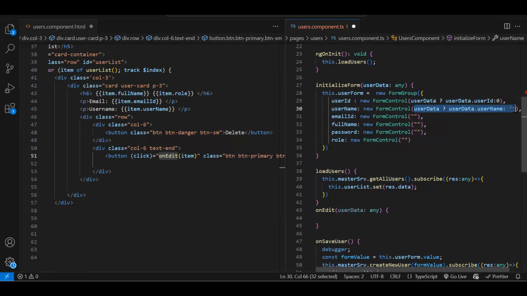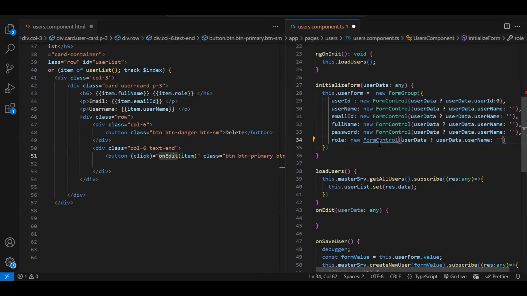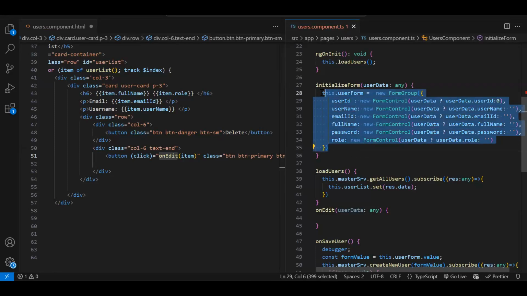So the same function you will be using to initialize for the new record and for the update also. Let me just complete this. Role will go over here. Password. That's why we should have a separate function for creating the reactive form, because the same function you need to use when you initialize the form for the first time and when you click on edit also. Again, we have to initialize our reactive form, but with the value. Fine. So once we edit this function, we will call it over here